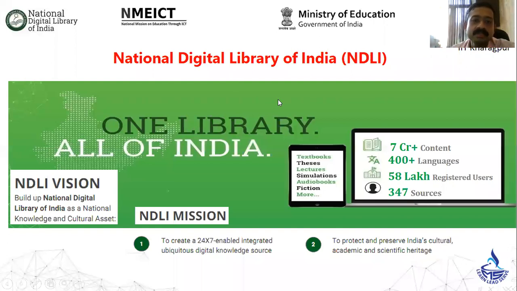Its vision is to create a national knowledge asset, a national knowledge portal for us. Its main mission is to provide access to all these e-resources 24/7, and this portal is maintained to protect our academic and scientific heritage.